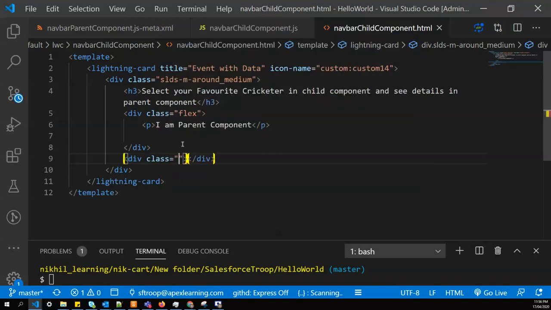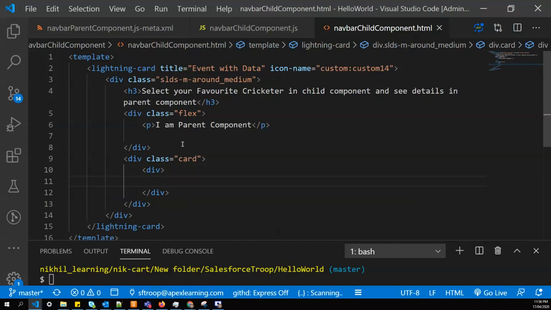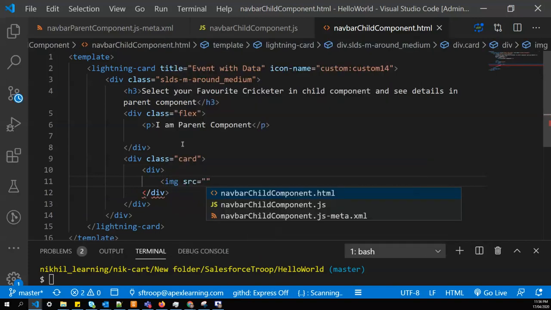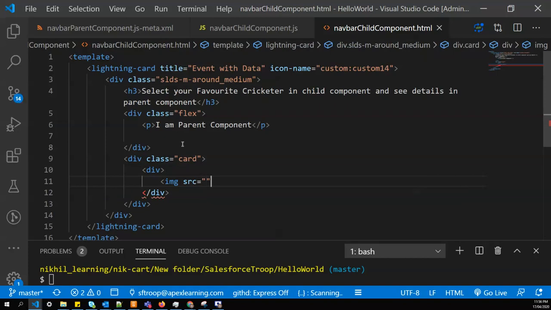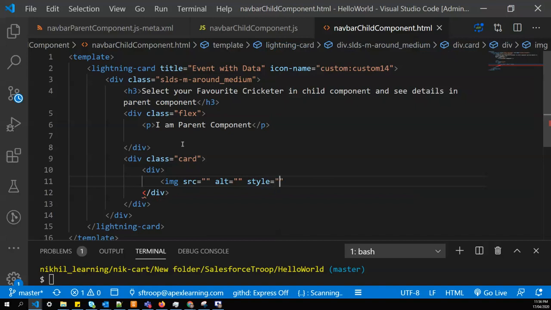So we'll create a card, and within this card we have a div that will show us an image, and any source will be there. Style I'll give inline this time.